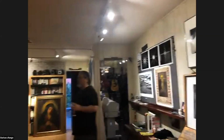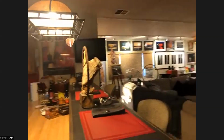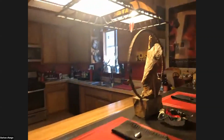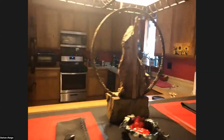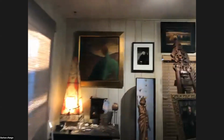Thank you. Okay, so now I'm going to walk over here, trying to do it slowly so that people don't get seasick. We're now walking past a piece of sculpture that's on our bar, which you may have seen in the earlier things on the screen tonight. And so we're walking over here. Another painting